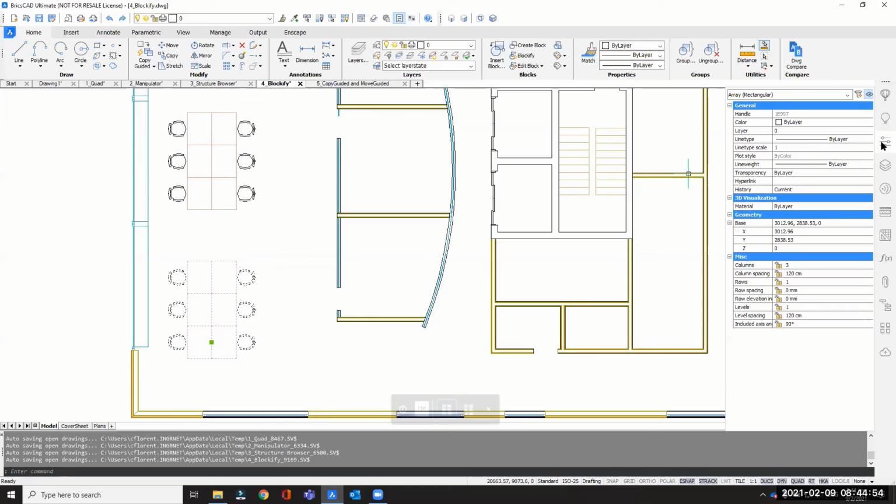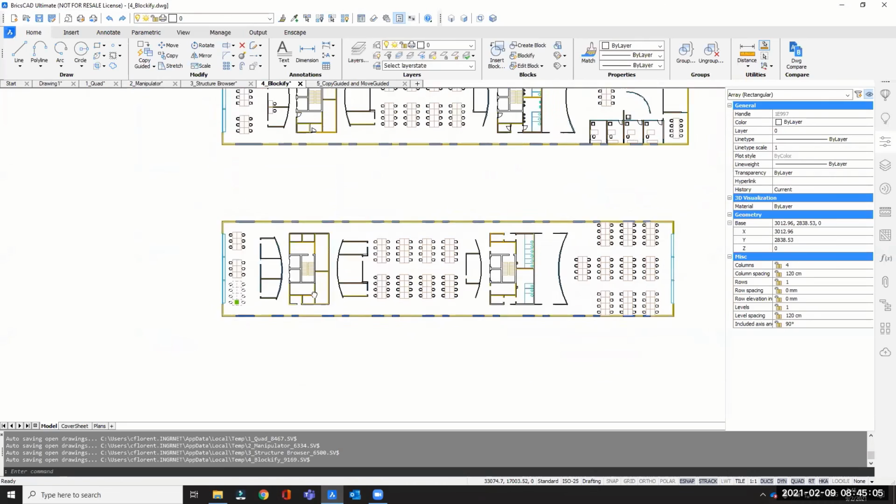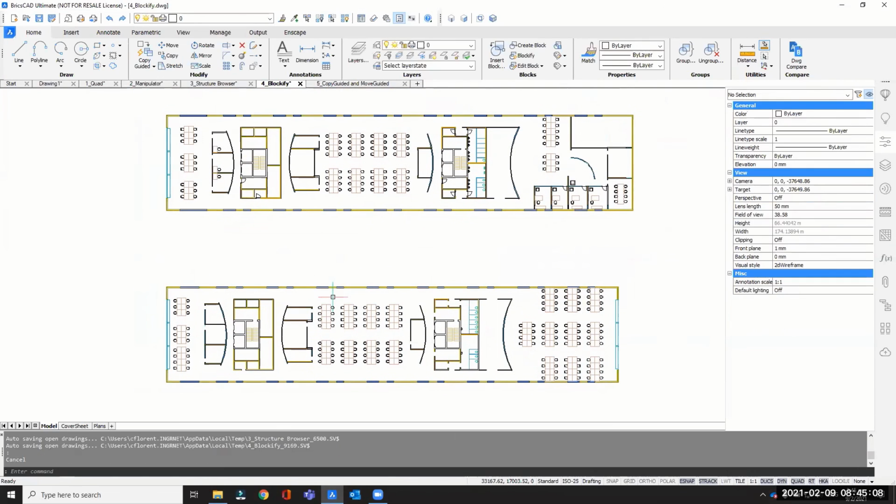Clicking that, we go to properties panel. We have some columns here and rows. I think if we change this, that should change for us. Now we added another row to this array. So you can, again, do so many things with one AI tool that we have in BricsCAD called Blockify. Okay, now let's move on to copy guided and